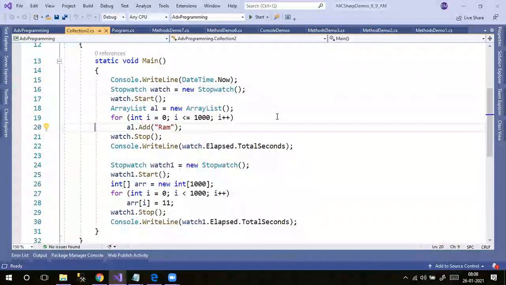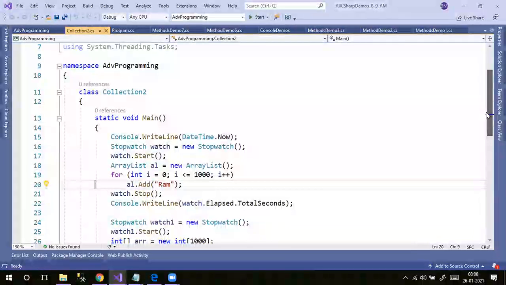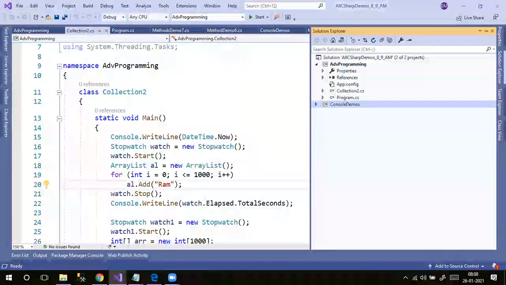So in yesterday's class, we discussed what collections are. In that first collection, we already discussed ArrayList. And in that ArrayList, we also discussed the difference between arrays and ArrayList. Priority wise, performance wise, arrays are always good compared to ArrayList. Why? Because in ArrayList,